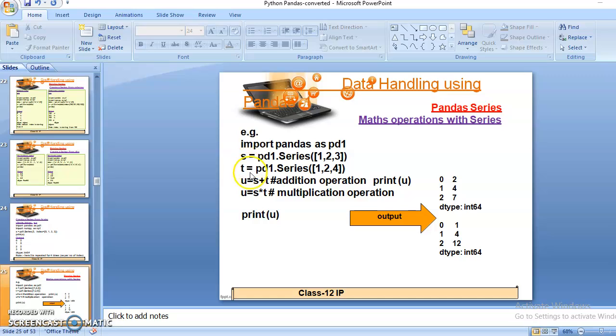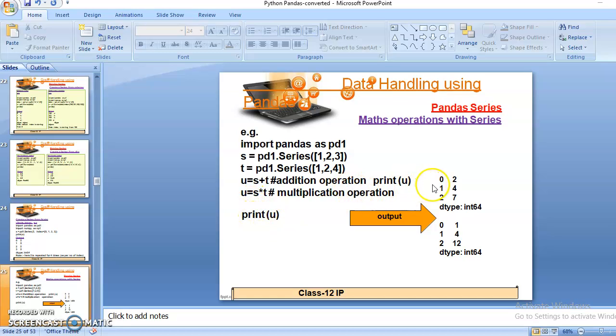So I require one variable that stores the result of S plus T. Here I have taken the U variable that will store the result for the addition of both series. After that I will print the U variable, the result variable. Again I want to apply the multiplication operation on both series, so I use U equals S multiplied by T, and then print U.